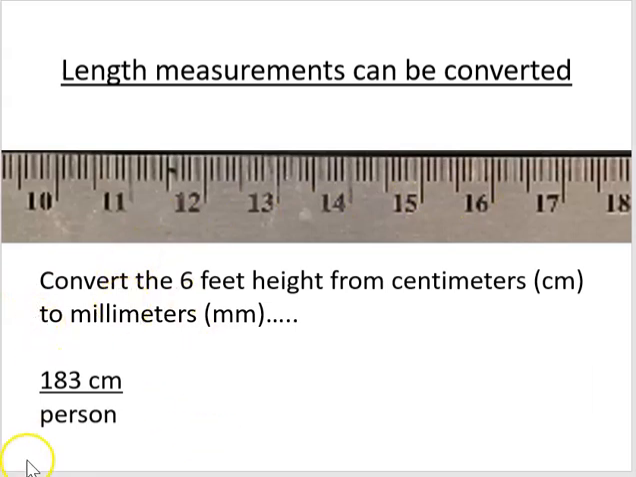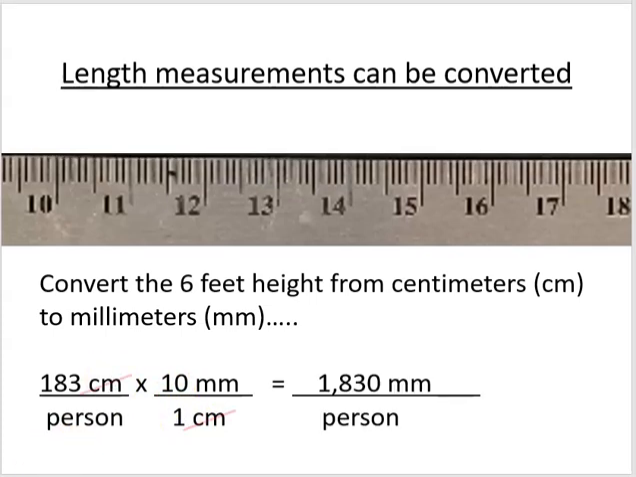So again, write out your numbers with the 183 centimeters per person that we got before, and we're just going to take this nice, quick, easy little 10-fold change. There's 10 millimeters in 1 centimeter. Notice your units on the top and the bottom. Your centimeters are going to cancel out, and that's going to give you your millimeters on this side. So if you're 6 feet tall, you're 183 centimeters tall, you're also